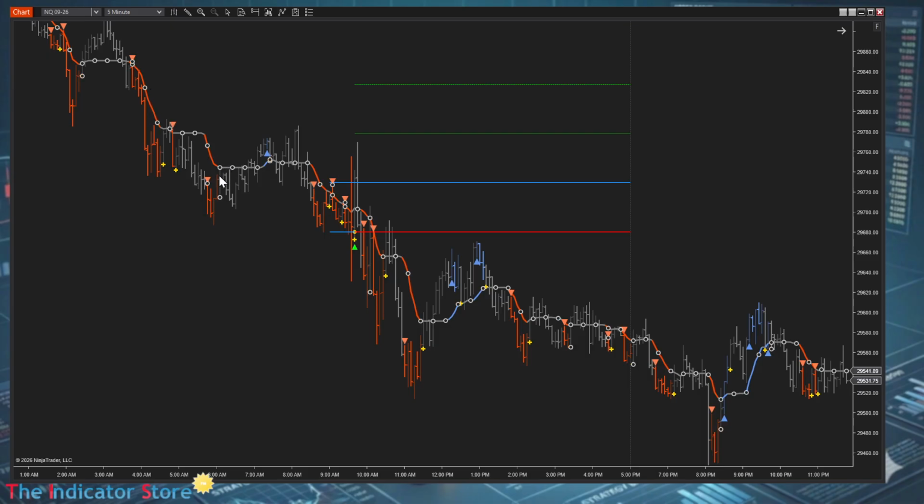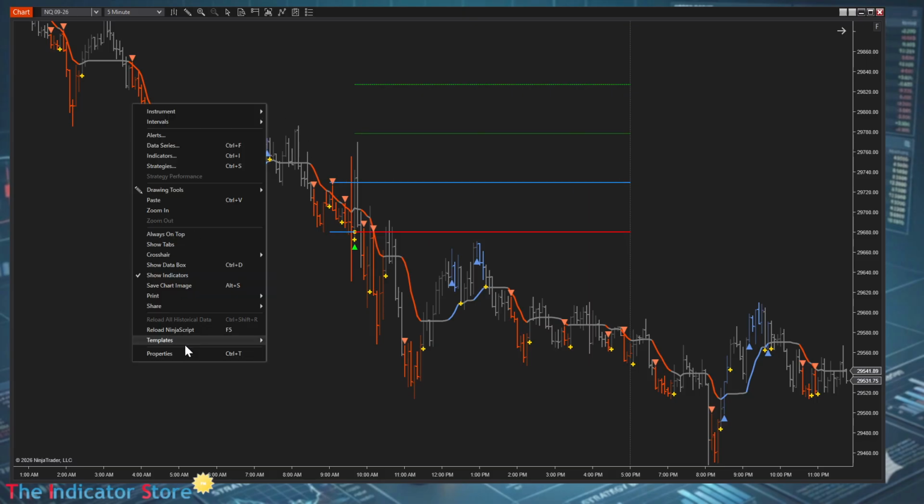You can see we have signals everywhere from the ADX VMA and also signals from the other system. Now, what if we can combine and take only shorts from this line when it is below this other line? And this is what we can do with the template